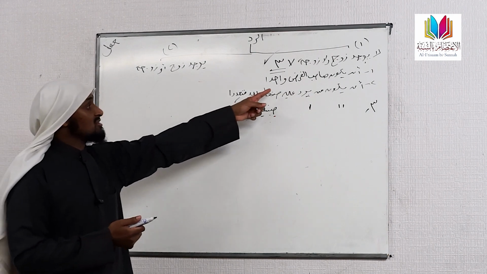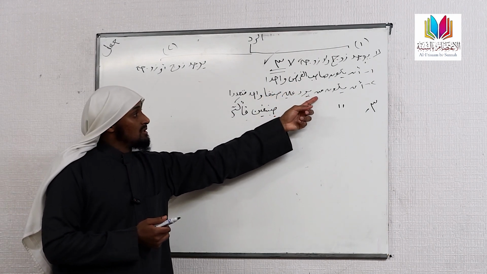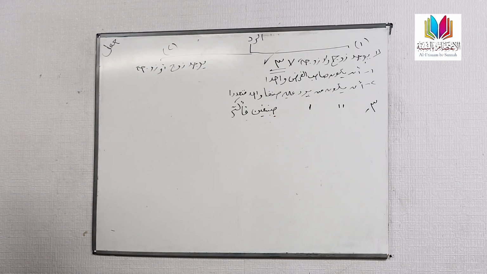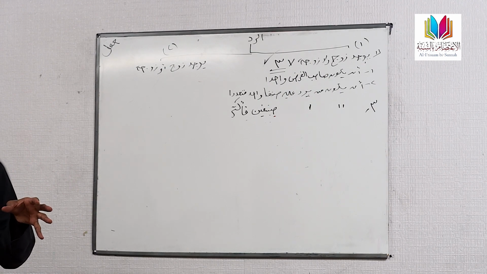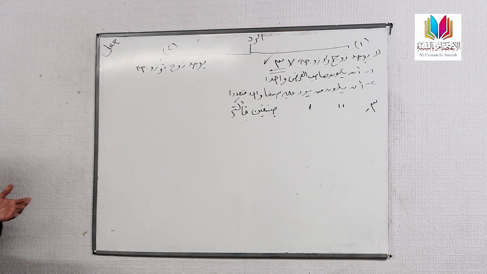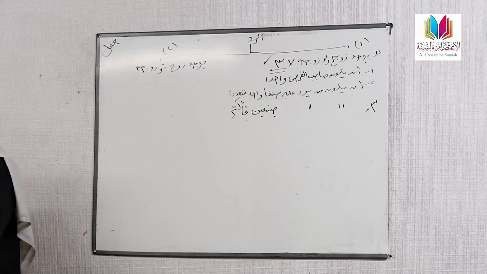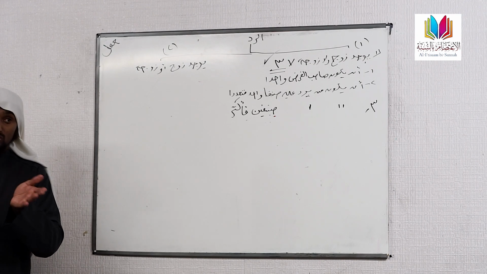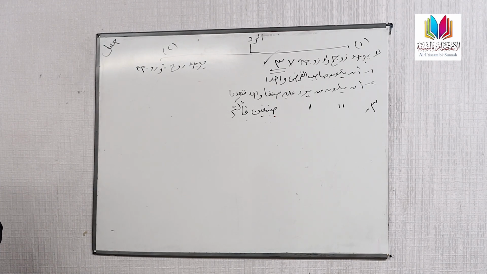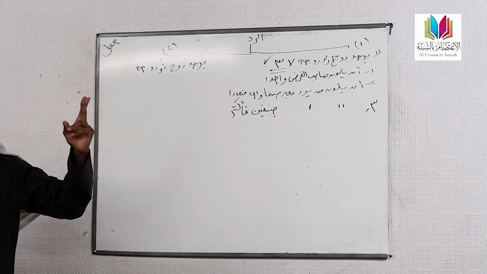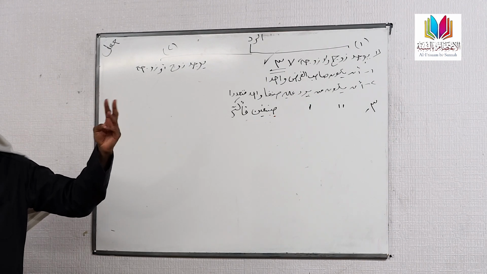Jami'ul mal. The second scenario is what? There's two or more, but same direction. Two sisters, two daughters, two mothers. No, it's not possible to have two mothers. Two jaddas, possible. Two grandmothers, possible. So bint, for example. What do we do with bint and bint? What were they normally entitled to? 2/3. But what we're going to do now is distribute amongst them. If there's two of them, we're going to split the mal into two. If there's three of them, we're going to split it into three, and so on.